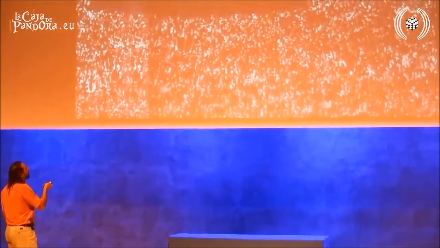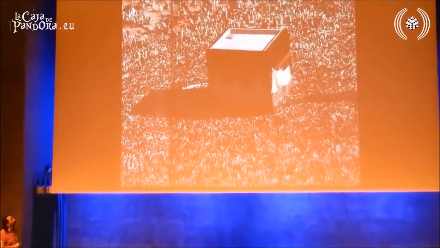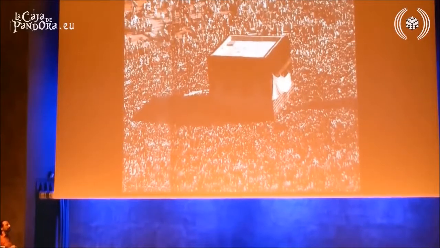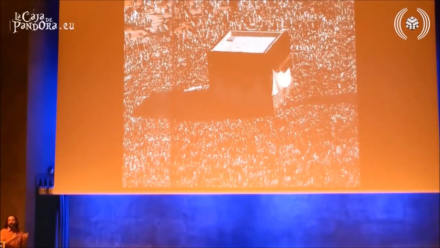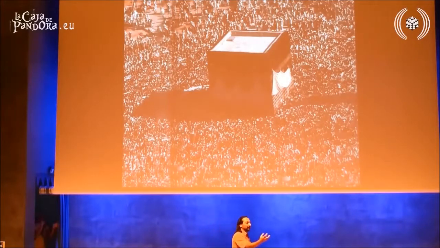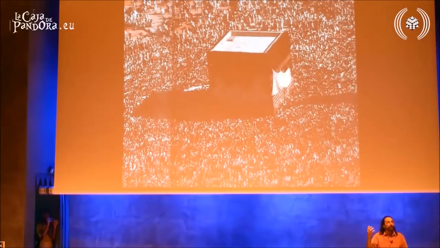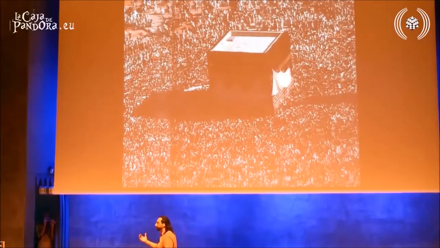Here is in the Islamic tradition. This is the Kaaba at the center of Mecca. In there is supposed to be the power at the center of the faith, at the center of the power of the Quran, right? It's the creation stone. It was called the black stone or the black crystal. In the Quran, it says to have been given to man by the angel Gabriel.